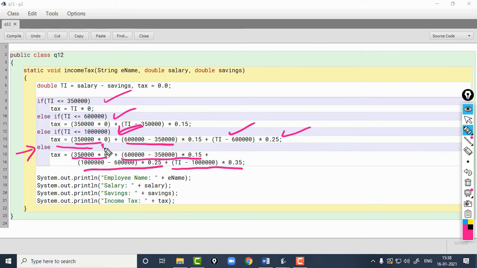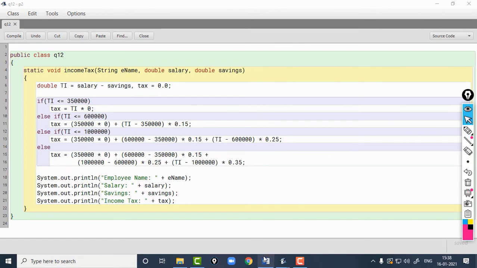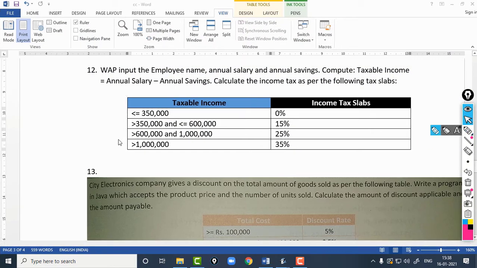The first slab, you know, is 3,50,000 into 0. The second slab is 6 lakhs minus 3,50,000, which I have already explained, and upon this you will apply 15%. The third slab is 10 lakhs minus 6 lakhs, which will give you 4 lakhs. Upon the 4 lakh amount you will apply 25%.